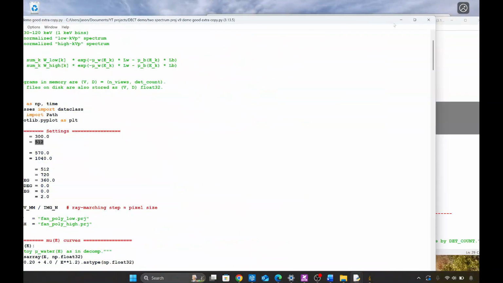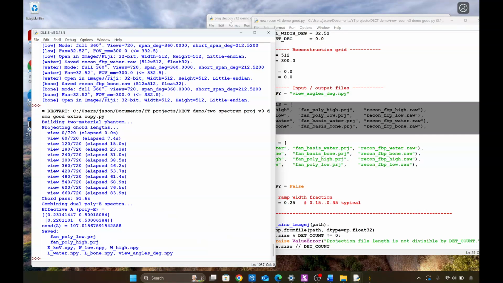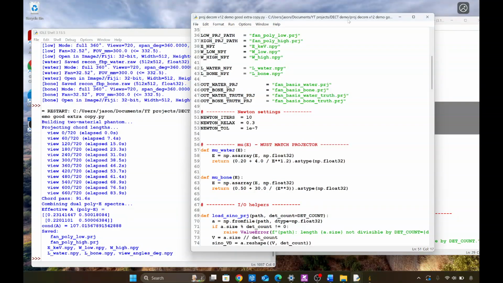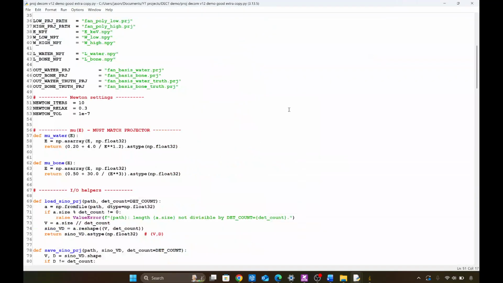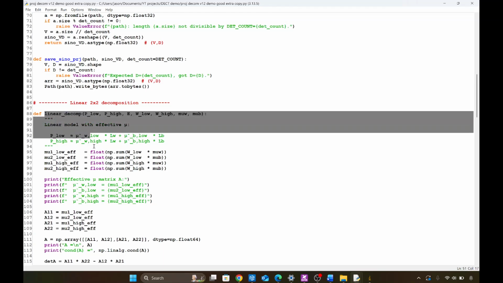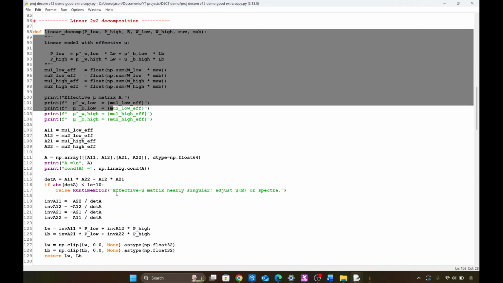So now in step 2, we are going to perform a material decomposition. The first step is the linear 2x2 material inversion as shown in this function. The linear step will get us close, but to achieve accurate decomposition under the full polyenergetic model, we will use